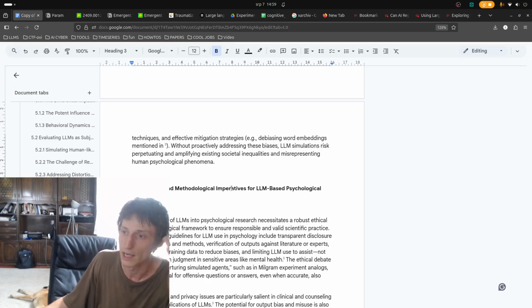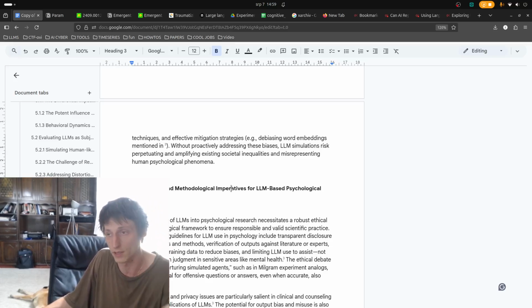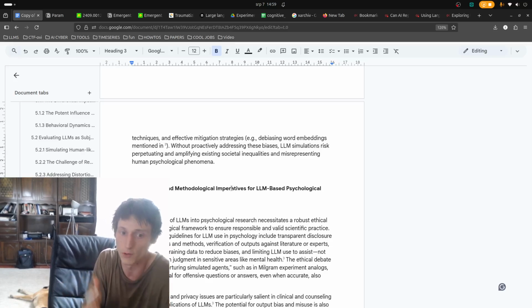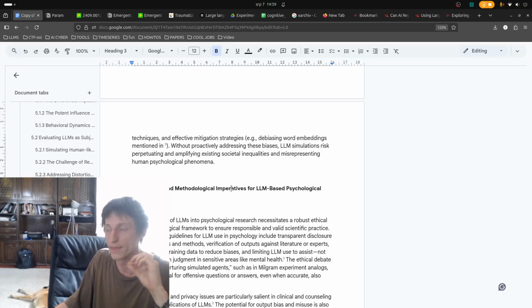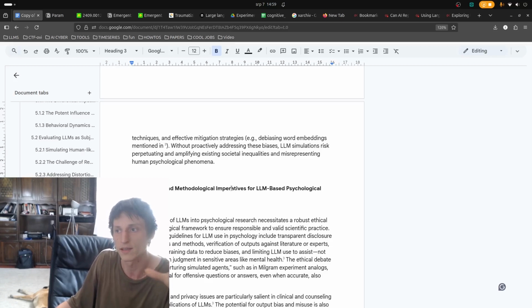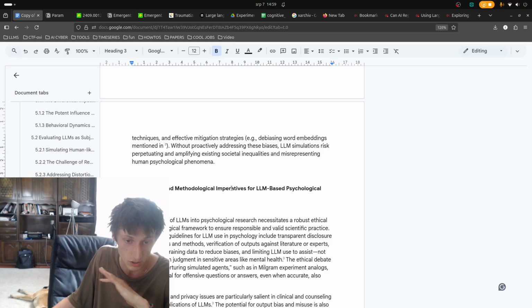Okay, so if we know that they inflate the results, but we can run them on thousands of experiments, it does require work, not just pressing a button, but then we can do much faster hypothesis generation about humans. This can help us have some kind of sketchbook that we can then test in a real experiment on humans and say, okay, the model inflated this response. This was nothing we found in humans. What's happening here?